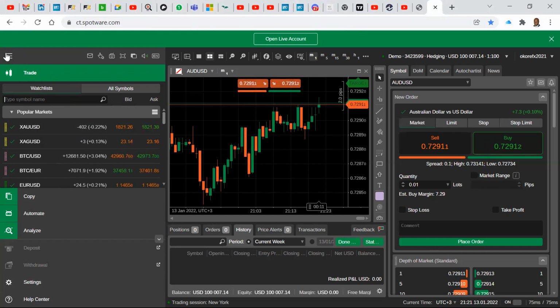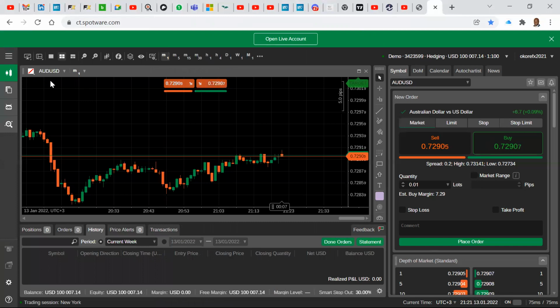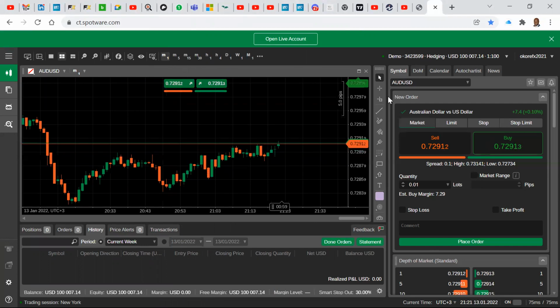So 3, 2, 1, on. So you see that middle part has expanded, okay, which is good. But our screen is still not big enough. So we want to remove this one on the right-hand side. So as I have mentioned, we come to the top again.